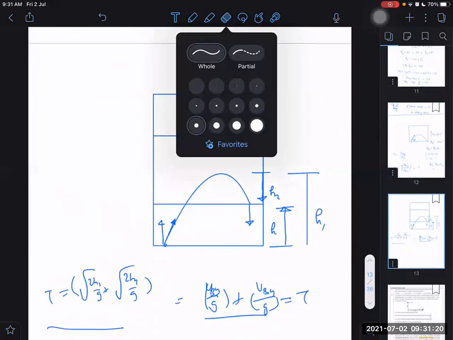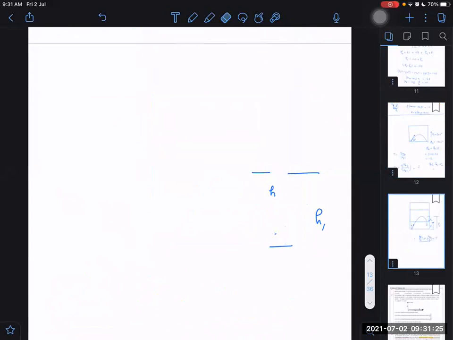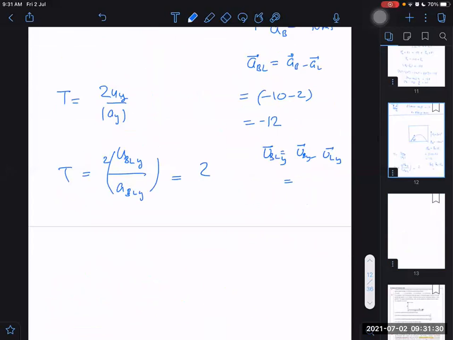Given or not? Not given. Initial velocity not given, sir. If not given, then it is our choice also. You know, when things are not given, we can assume it to be anything because it means it doesn't depend on that. Otherwise, they would have given. If it doesn't depend on that, then I could take it 0 as well because we don't care. But if you are uncertain, you think maybe it depends, and you are worried a lot, then assume it to be something. Maybe assume it to be U0. I know that we don't need this although, but if you're feeling a lot of worry, then you can assume it to be U0. So what we get?